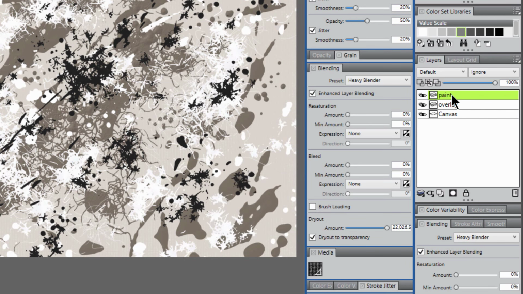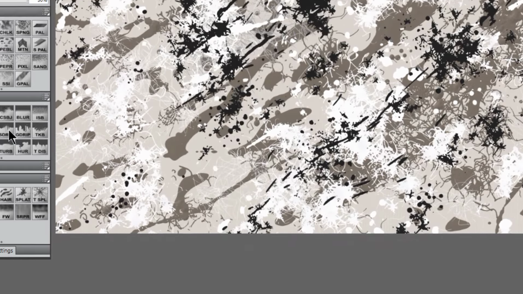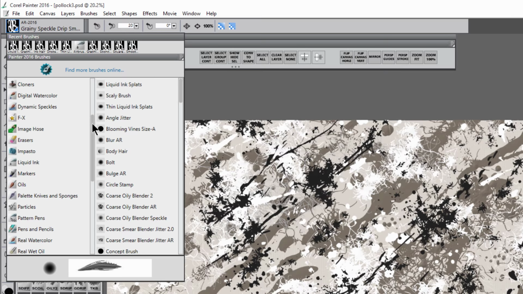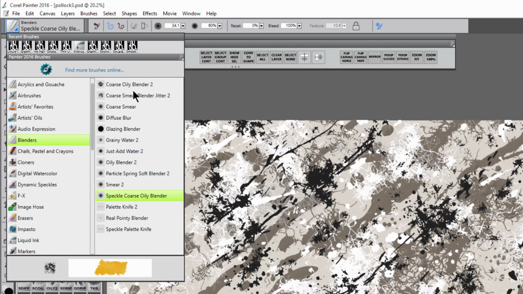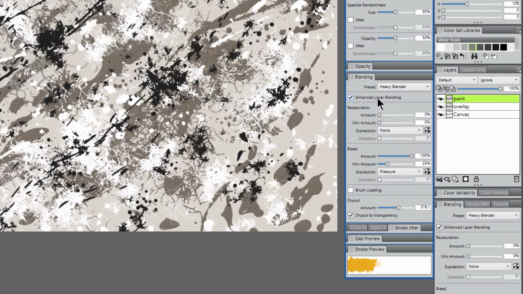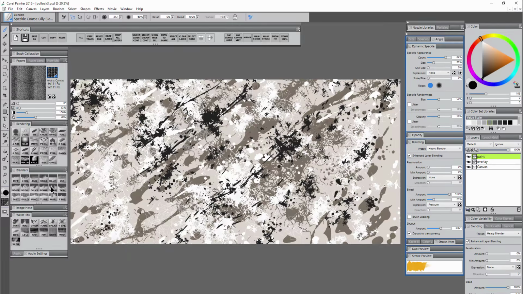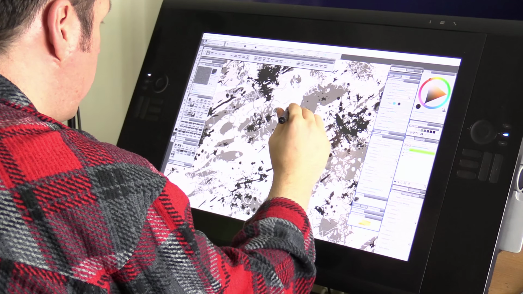I'm just going to call that layer Paint. Now we can use some of these custom blender brushes that I created, or you can look at the blenders category and experiment with some of the blenders here. You're going to want to make sure you're using enhanced layer blending so that you don't get any white fringe when you blend. I'm going to use the grainy speckle drip smear brush, and I'm going to go in here